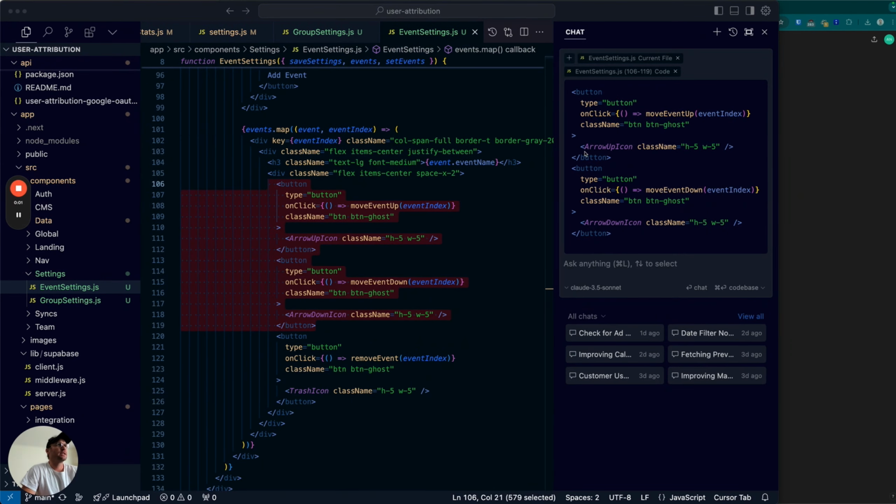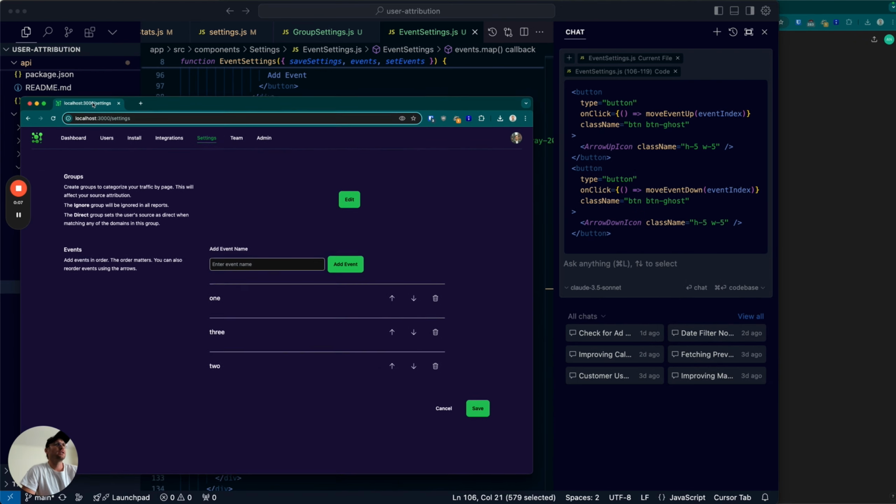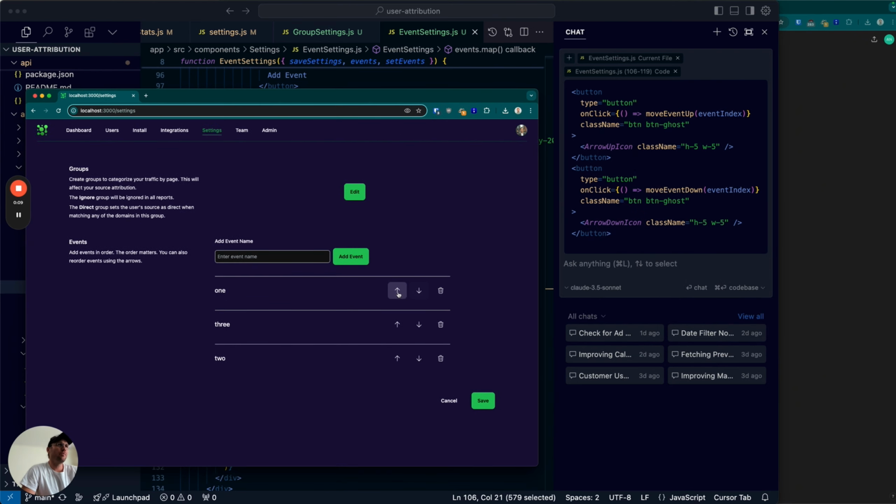Just so we can see examples of both, why don't we go through and actually update the second part of this instead of using ChatGPT. I'm going to use Cursor. So the not bug here, but the improvement I'd like to make is this first item in the array, this up arrow, doesn't do anything, as it shouldn't, because it's the first item there, and this last item doesn't do anything either. So I'm going to ask it to remove